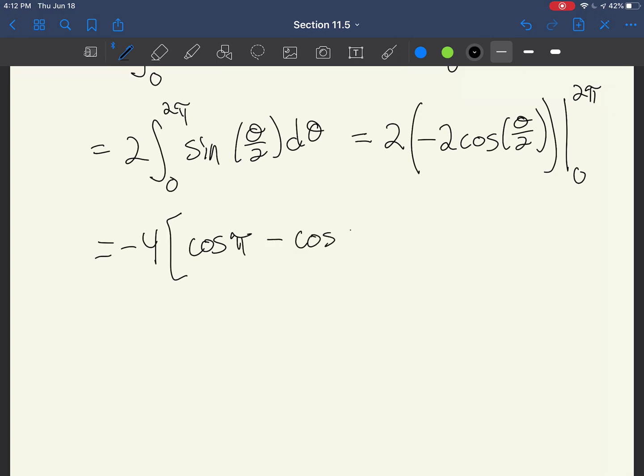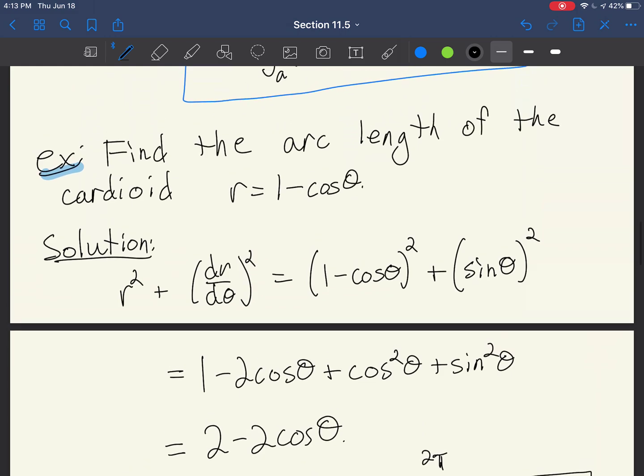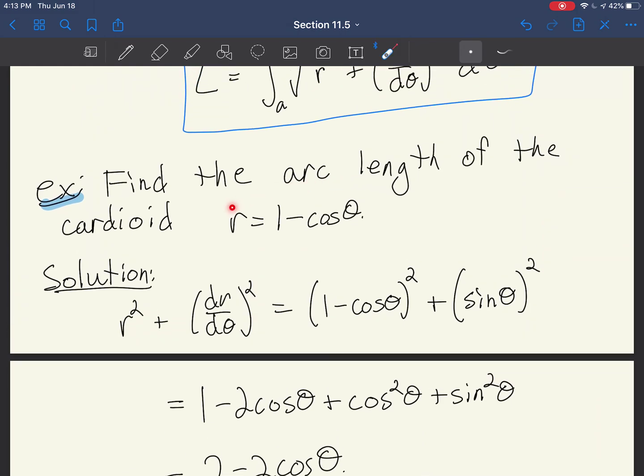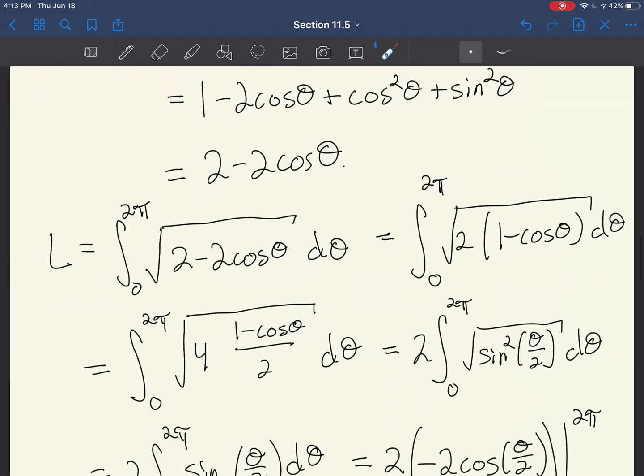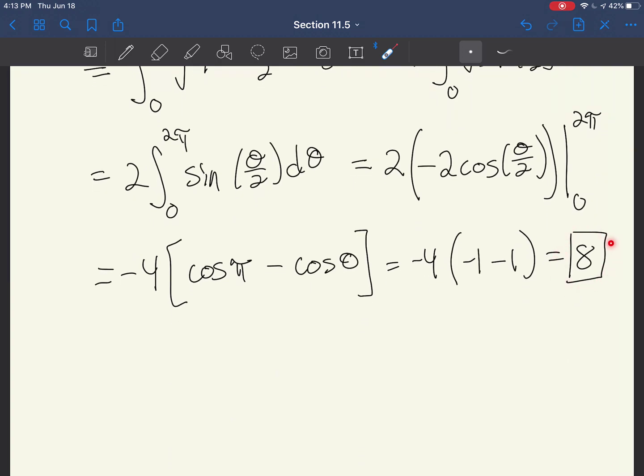Evaluated from 0 to 2 pi. So this is negative 4 times cosine of pi minus cosine of 0, which is negative 4 times negative 1 minus 1, which is 8. So the arc length of your standard cardioid